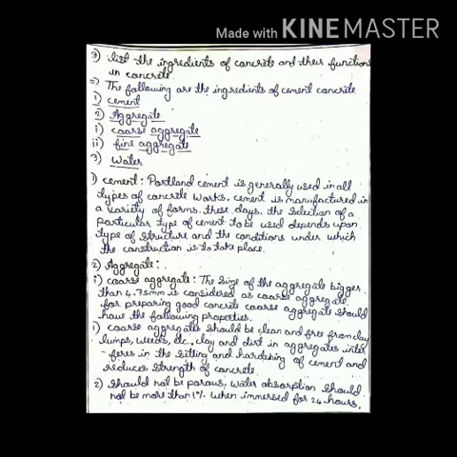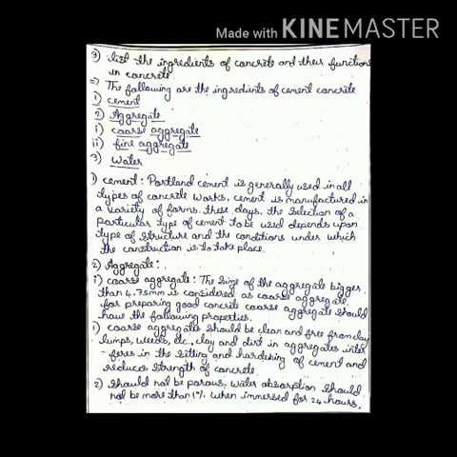Second ingredient is aggregate. In aggregate, there are 2 types, coarse aggregate and fine aggregate. Here is one more question you are going to get in the examination: explain coarse aggregate and its properties, or define coarse aggregate and explain its properties, or you may get define fine aggregate and list the properties of fine aggregate. So here we are discussing the second ingredient of concrete, that is aggregate. In that, first one is coarse aggregate.